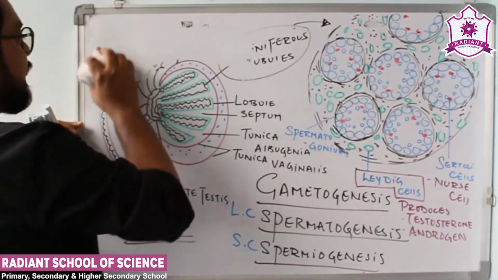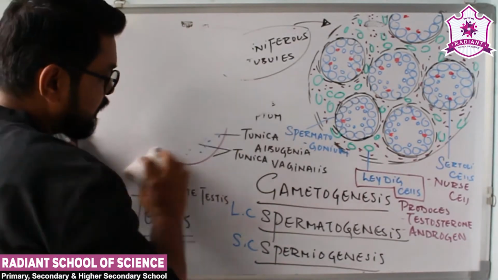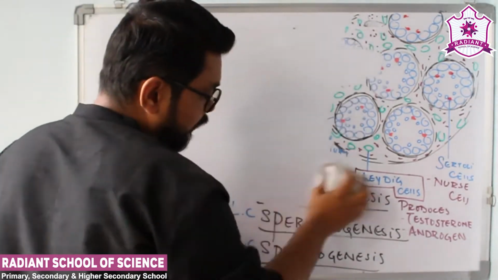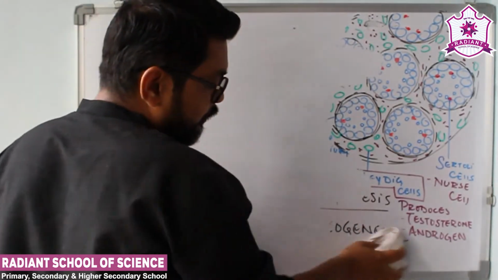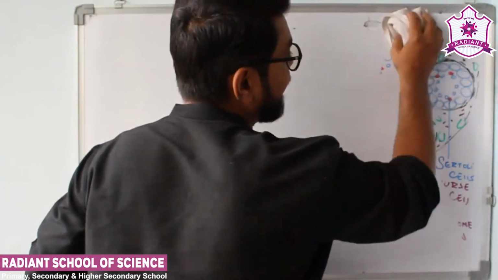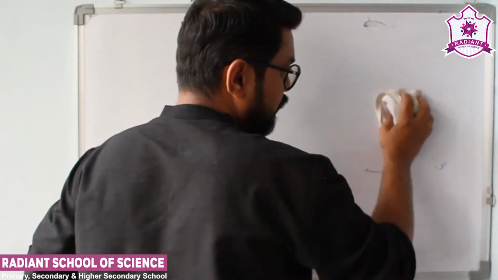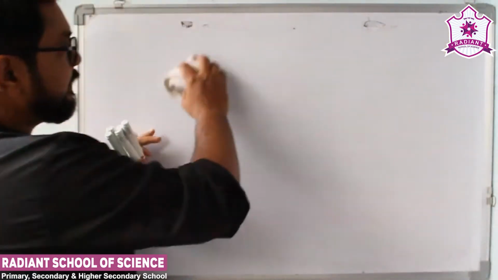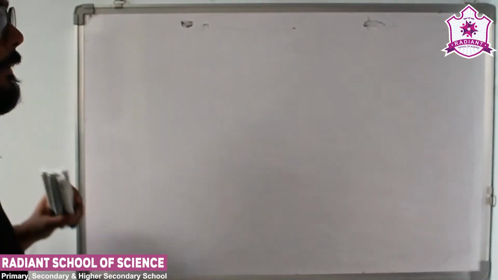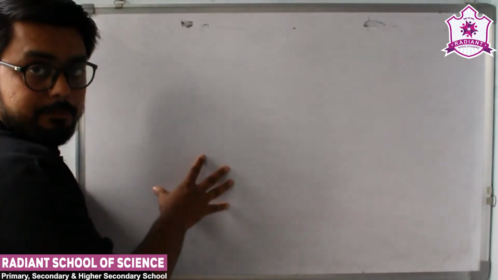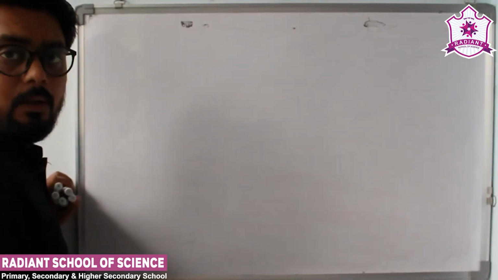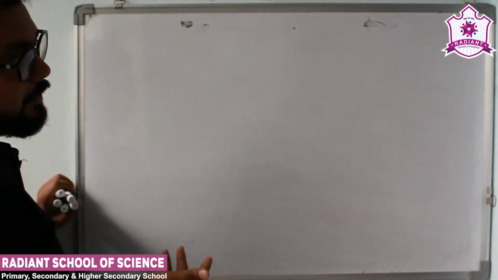So we are discussing the topic that is gametogenesis. Okay, in the textbook it is the topic 3.3. So if you have the textbooks, it's well and good, and if you don't have the textbook, you can download the PDF. Whatever is being discussed here in the lecture, you start doing it from your textbooks. You can take notes, and everything is written in the textbook, so you can refer to it once. So get the PDF downloaded, or if you have the textbook, it's very good.